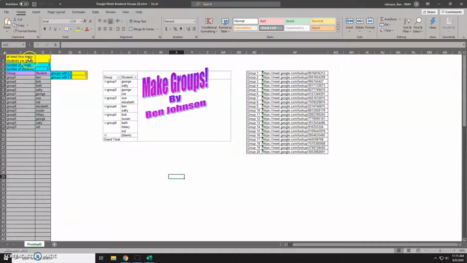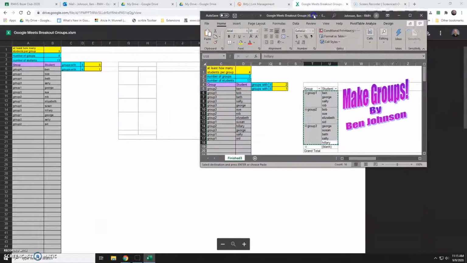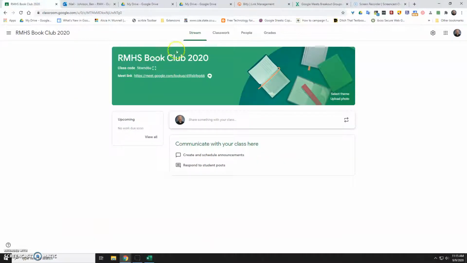Okay, so if I wanted to change this to 4 students per group, I would just click this macro, and so it's going to scramble the students, and then over here you'll notice that it scrambles the breakout rooms also. So at this point I'm ready to grab the students, so I'll just go ahead and highlight them, copy, and then I'll go into my Google Meet,